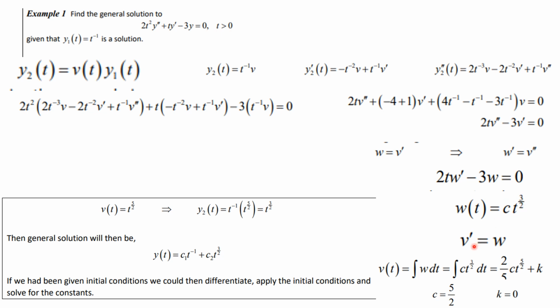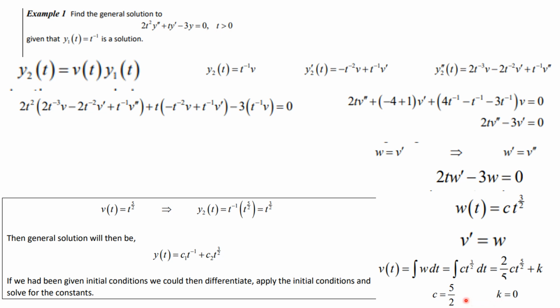But recall that v prime was equal to w, and we want to know what v is, and so we're going to integrate w. So v of t is equal to the integral of w. I'm integrating what w was found to be, and I get this expression, and I can pick these constants to be anything I want. And since I'm really interested in the other solution, I'll take k to be 0